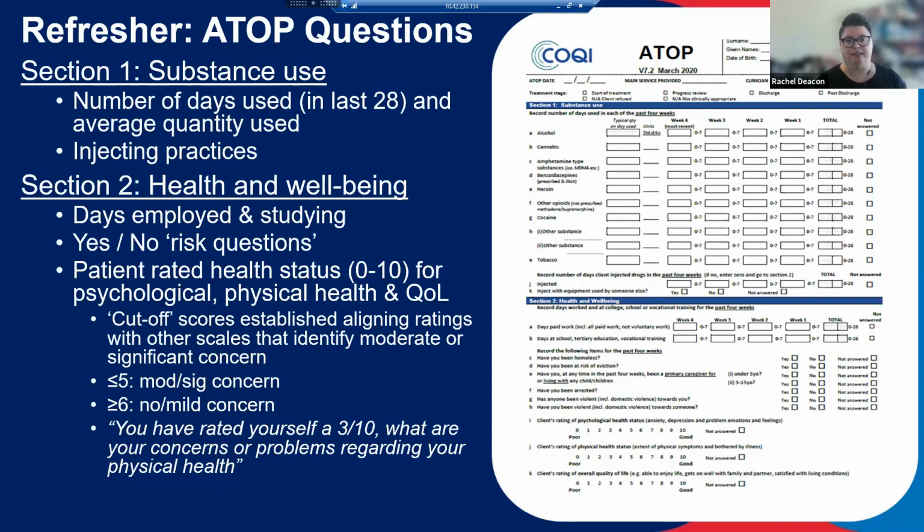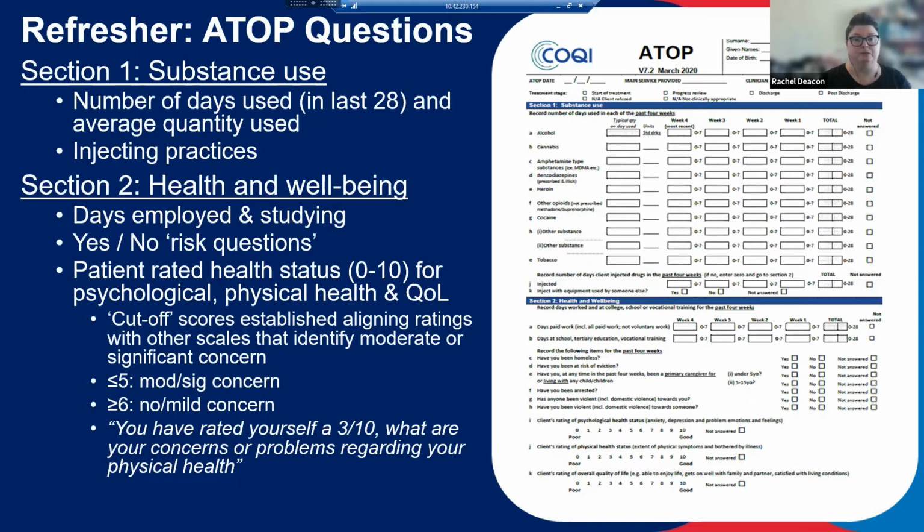last 28 days. Then there's a series of yes/no risk questions for things such as whether or not someone's injected, if they've had unsafe injecting practices, social risk questions such as homelessness, whether people are responsible for caring for children under 5, children 6 to 15, whether someone's been violent or had violence done towards them, if someone's been arrested. So those are yes/no questions. So substance use and days of work and study, those 0 to 28 day measures, can also be categorised as